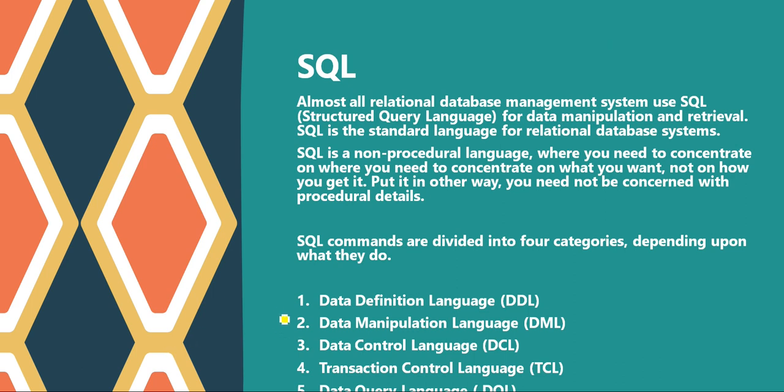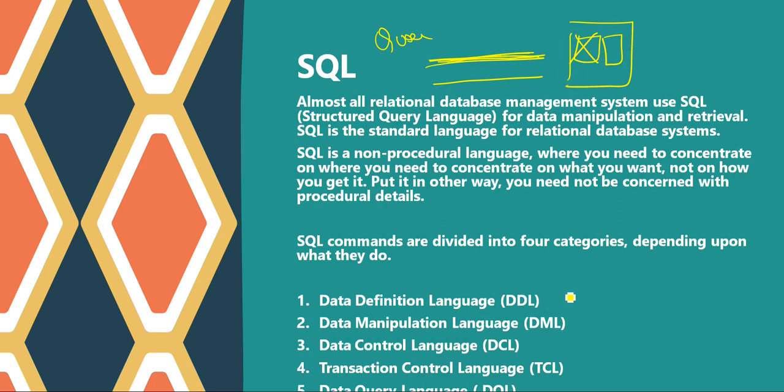In SQL, we also do the same. We have different types of commands which we give to our tables. Let's say I want to create a table, so I will give some kind of command. Let's say I want to delete this one, so I will give another kind of command, right? A command is basically a statement or a query which we write to perform any task. These commands are divided into categories, and the names of the categories are DDL, DML, DCL, TCL and DQL. We are going to look at each one by one.